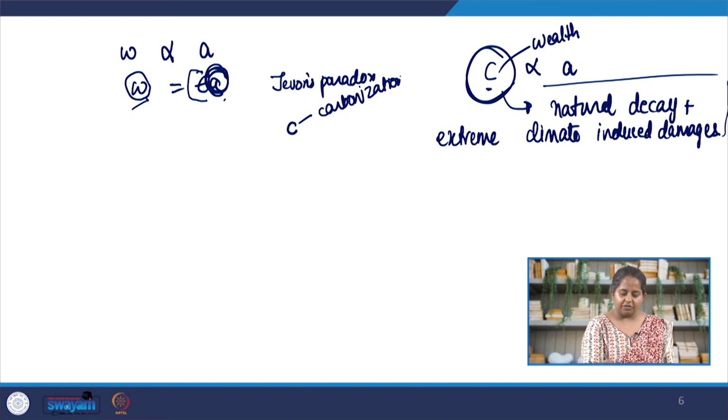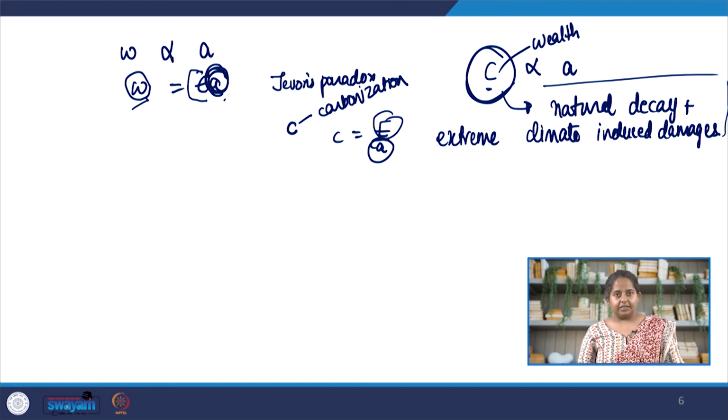Carbonization factor, as I mentioned briefly earlier, tells me about how much carbon is there in the fuel. So carbonization is basically emissions by use of resources. So E and A can be measured, and c obviously by the ratio we will get it. Now c is not necessarily constant, we can decarbonize our fuel. So instead of using high carbon fuel like coal, petroleum products, we can go for less carbon rich fuel or no carbon fuel, for example solar energy, hydro energy, wind energy. So when we decarbonize our fuel, we are reducing the emissions amount of heat transfer per amount of resource consumption.